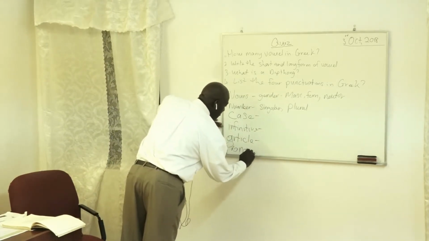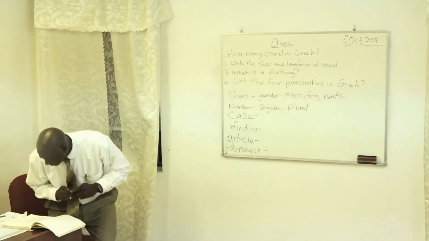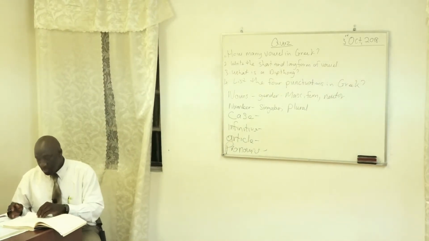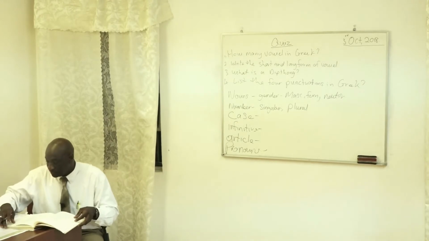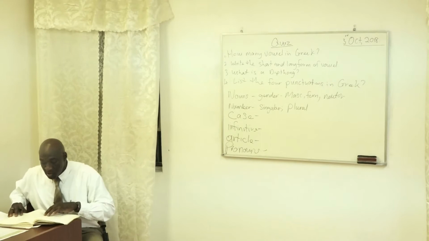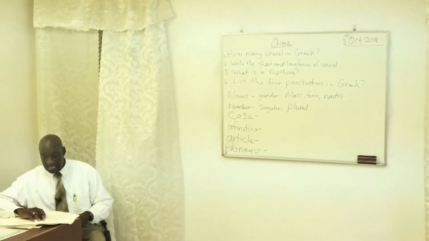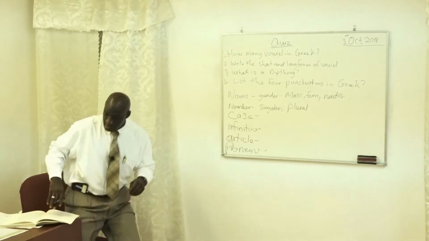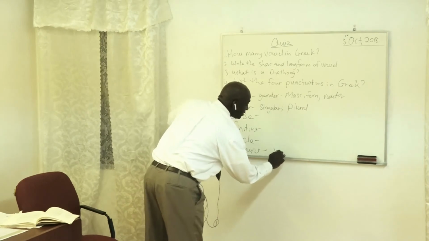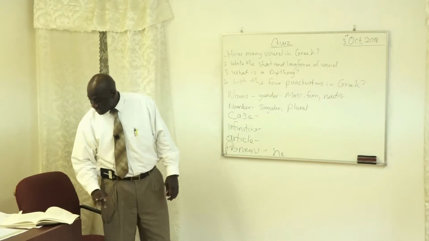pronouns. Pronouns are words used to take the place of nouns: he, she, it. The Greek language comes equipped with a full roster of pronouns, like the personal pronoun he, okay? And so the personal pronoun he is in English. How is that in Greek? Well, it's